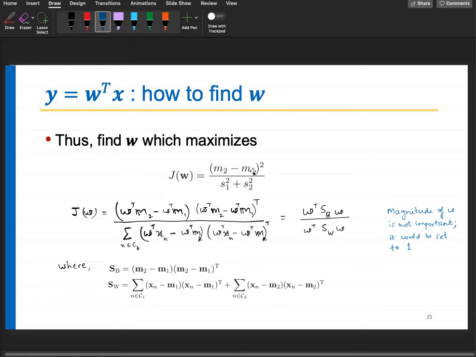But you also want to minimize the intra-class variance. And what is that? s1 square plus s2 square. s1 square is the intra-class variance of the first class, s2 square is that for the second class. You take the sum and you want to maximize their sum. Sorry, minimize their sum. So this is a new cost function, or new objective function, which you want to maximize. And if you maximize this, you are in principle maximizing the inter-class and minimizing the intra-class distances.